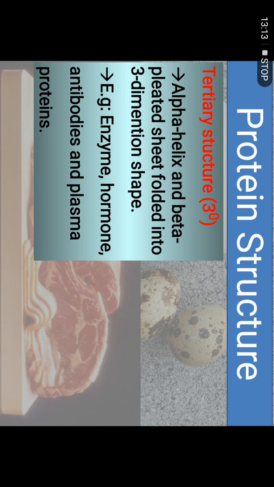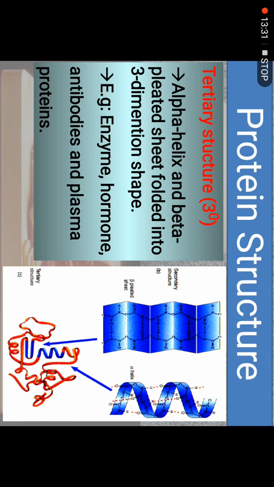Alright, now tertiary structure. After they coil or fold, sometimes the coil structure and the fold structure, the whole thing, folds or twists again, so they become the tertiary structure. So here is the tertiary structure. Inside the tertiary structure, you see some are helix, some are beta pleated sheet. They fold themselves some more, twist themselves some more. Tertiary is more complicated than secondary. So you see here, alpha helix and the beta sheet fold into a